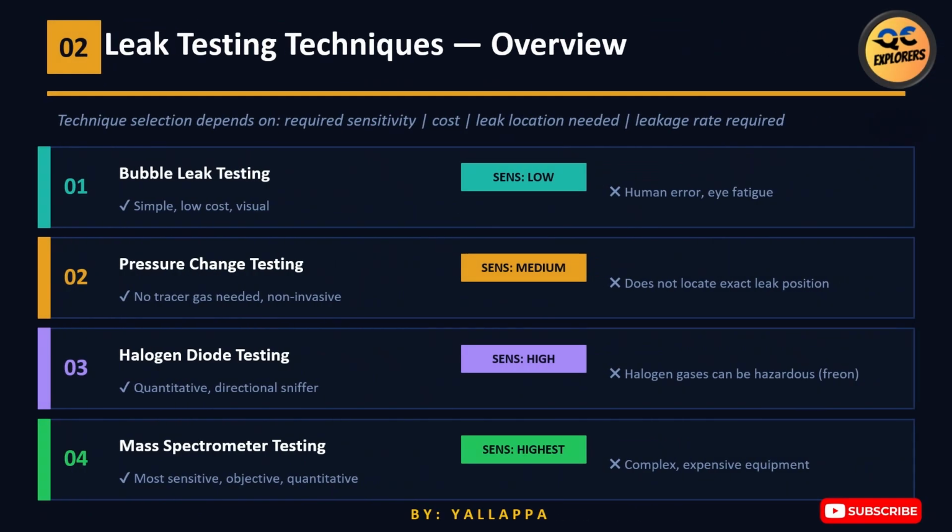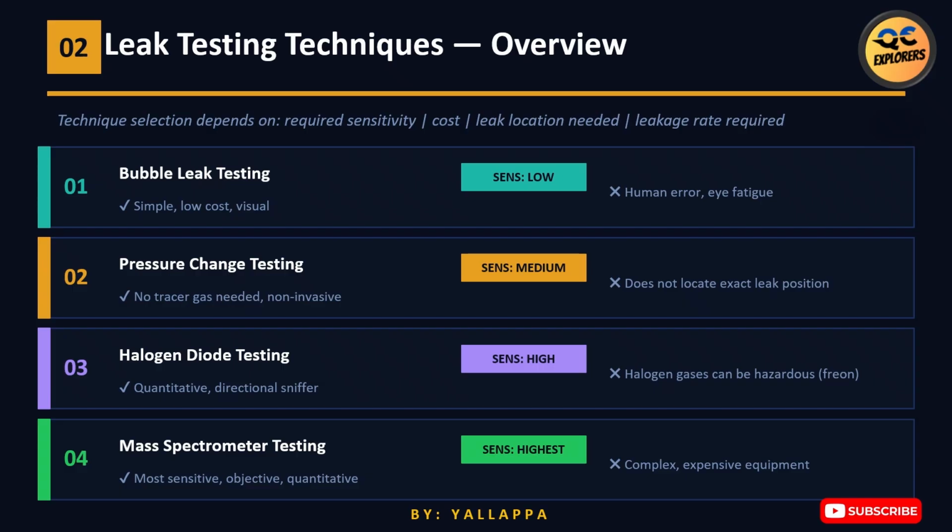Now let's look at the 4 major leak testing techniques every inspector must know. Number 1. Bubble leak testing. This is the oldest method. Simple, inexpensive, easy to perform, but relatively low sensitivity. Number 2. Pressure change testing. This method monitors pressure changes over time, useful for determining whether leakage exists, but it cannot identify the exact leak